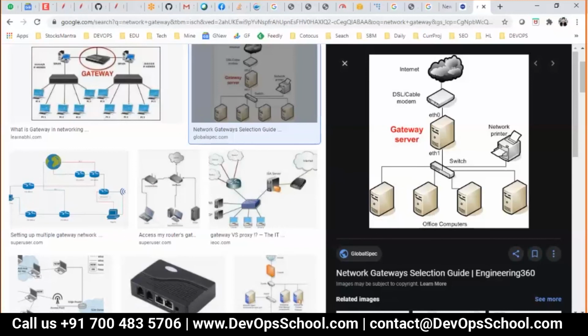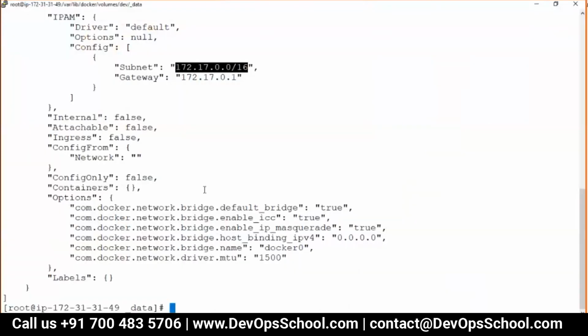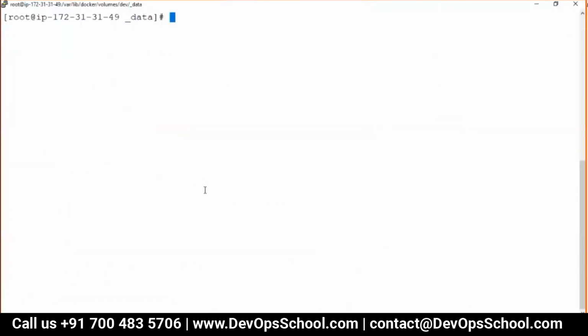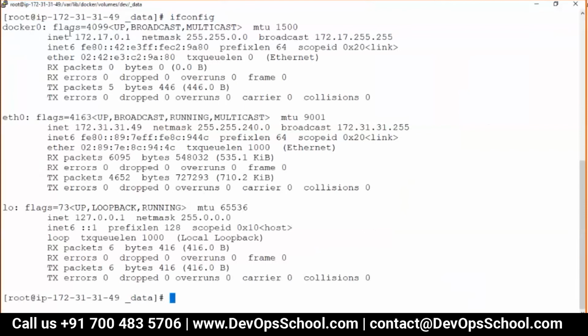By default, the first IP address of your bridge is your gateway. So what is docker0? It's a bridge plus gateway plus routing table also. So many functionalities are inbuilt in this. So this is acting like a gateway, the first IP address.